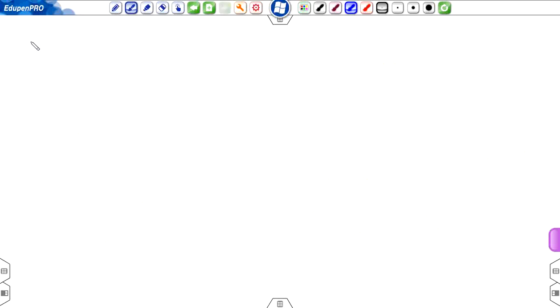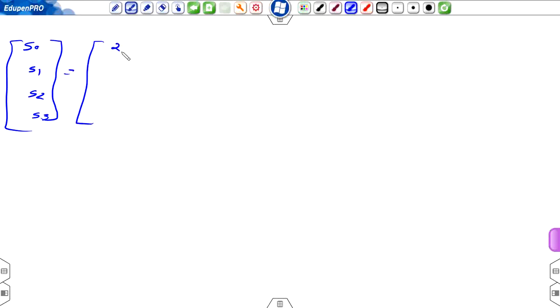On the left-hand side we have S0, S1, S2, S3, and the matrix as it is: 2 0 0 0, minus 1 2 minus 2 minus 1, minus 2 1 3 0, and 1 minus 1 minus 1 1,